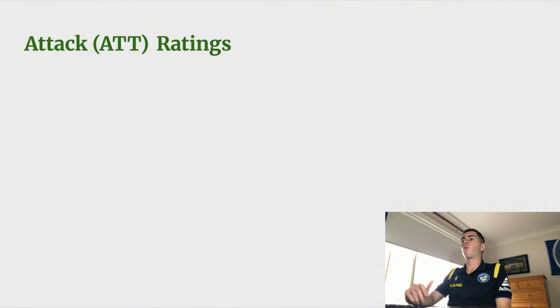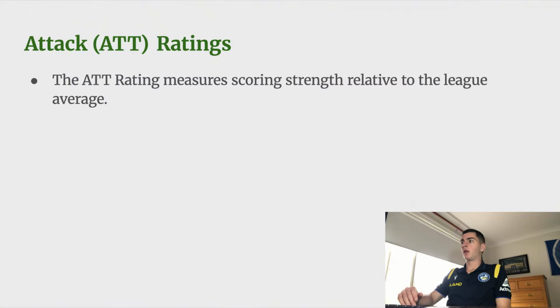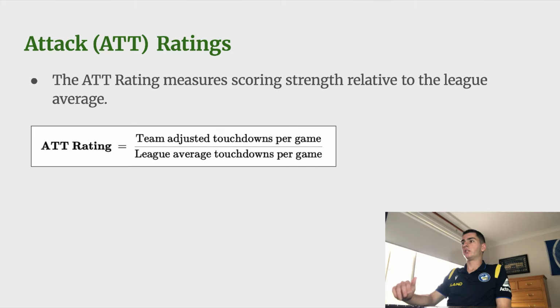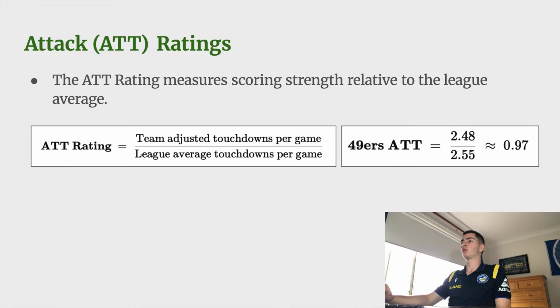So firstly, I'll walk through the concept of offensive ratings or attack ratings. Now, the ATT rating measures how strong a team's offense is relative to the league. So it's just the team's adjusted scoring rate divided by the league average. For example, after SOS adjustments, the 49ers scored 2.48 touchdowns per game in the 2024 to 25 season, while the league average was 2.55. 2.48 over 2.55 is 0.97, which is their